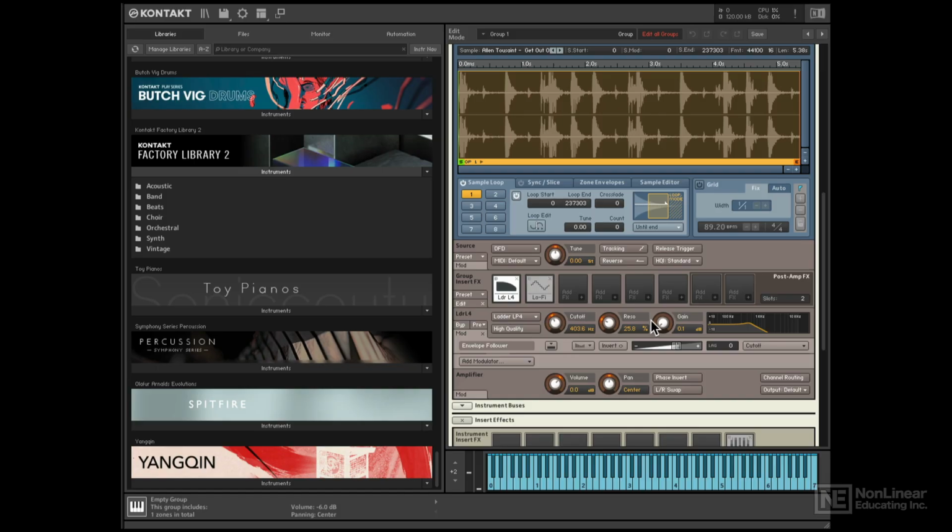So that's pretty interesting. Let's try assigning the same envelope follower to something else, maybe the tuning of the actual